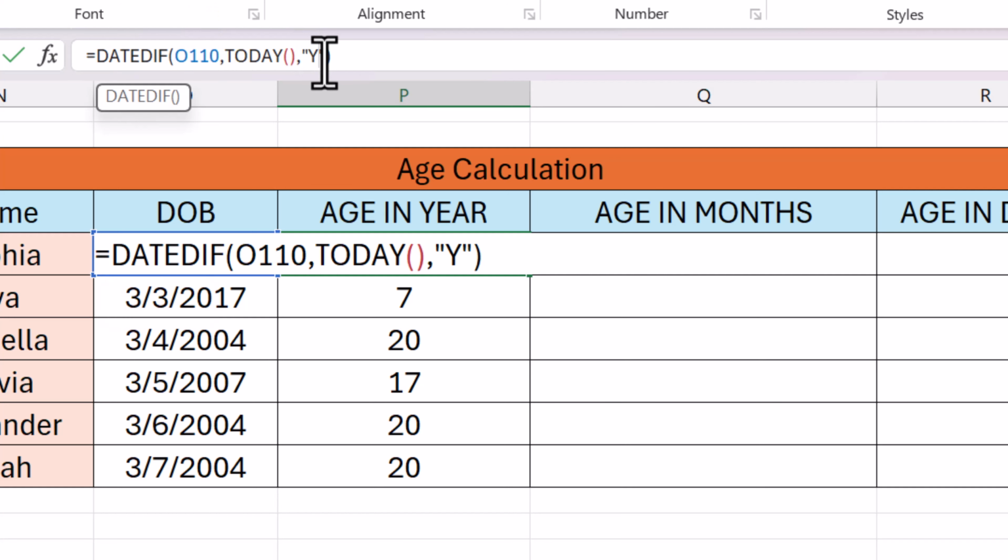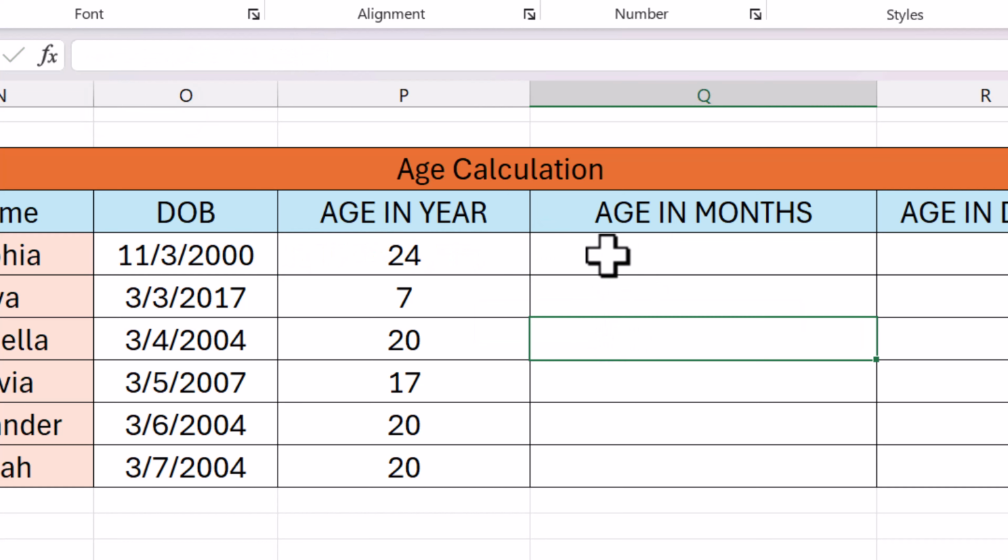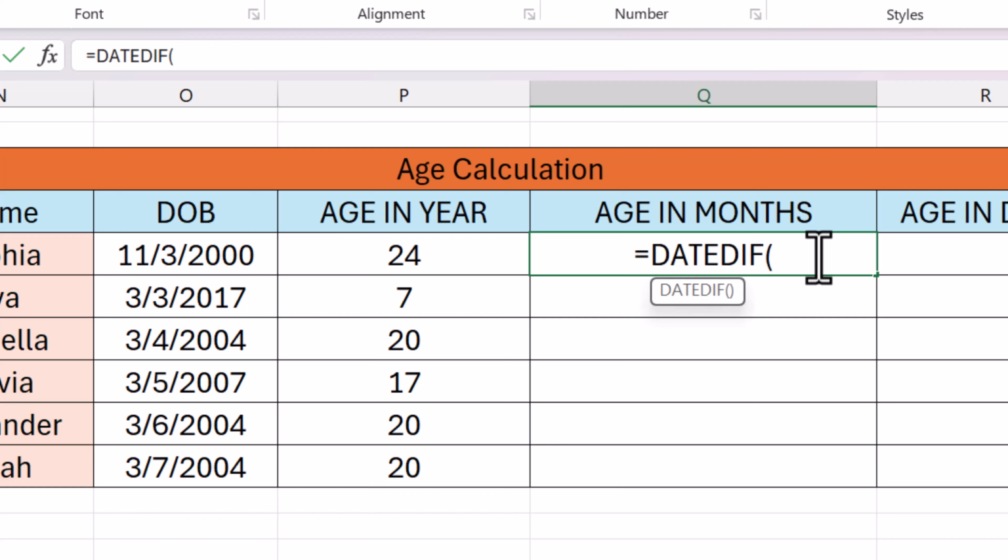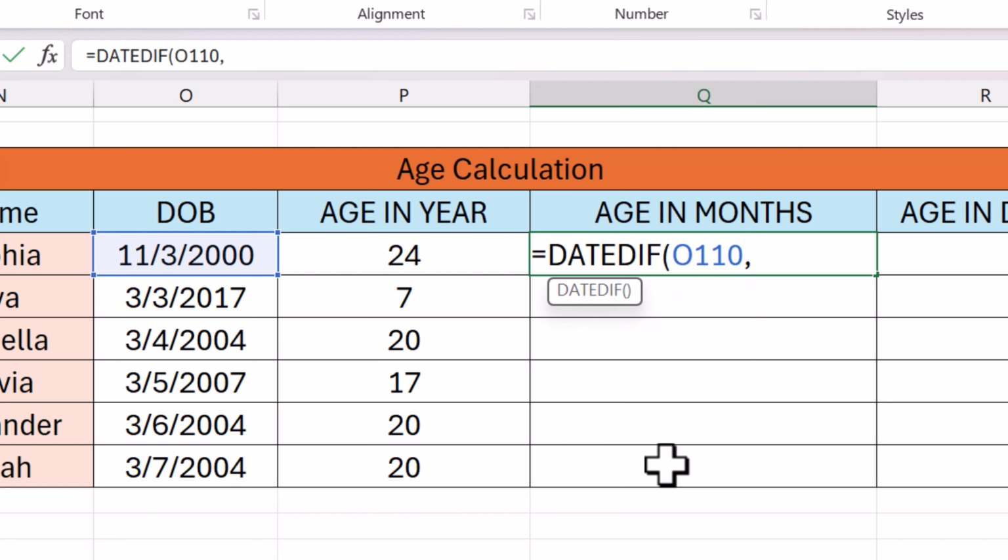So just similarly you type Y, so you have to type month. I will show you. DATEDIF, before it equal sign, opening bracket and DOB cell. Now comma TODAY,